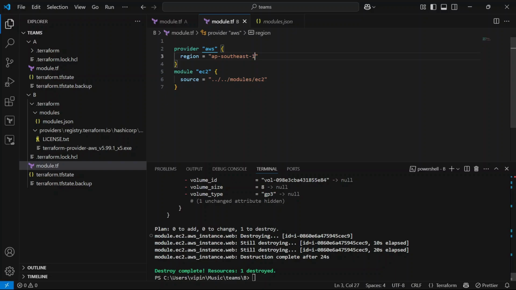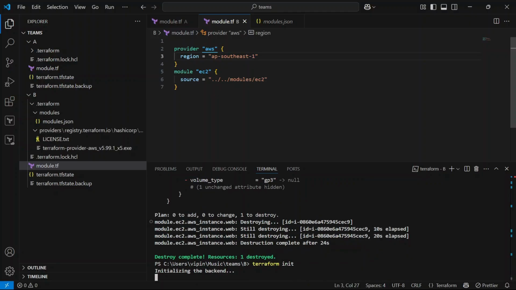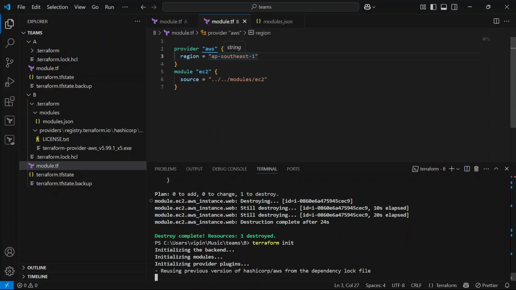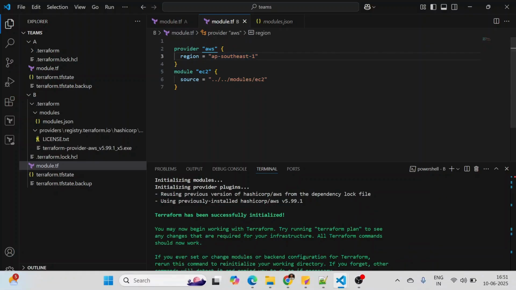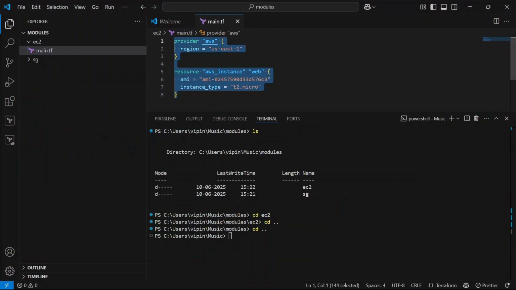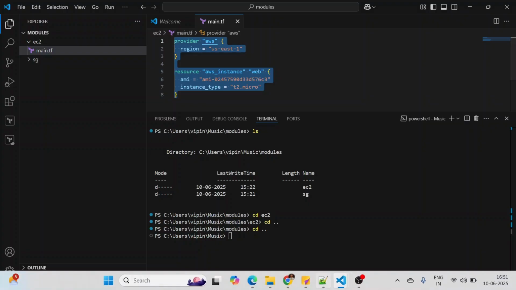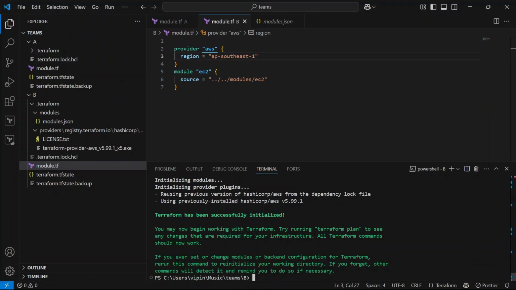Let's save this and run terraform init. Let's see if we are able to create the EC2 instance in the region ap-southeast-1, and whether we are able to override whatever value we have hard coded here. The region is us-east-1, right? So let's go and try it out.